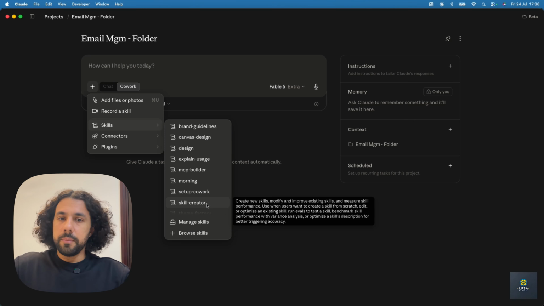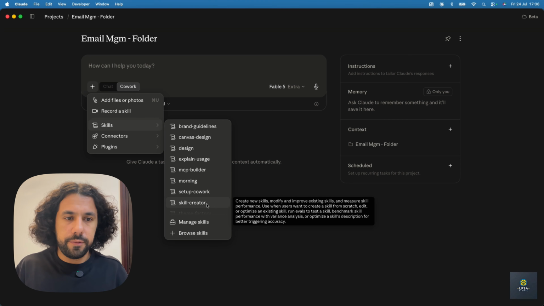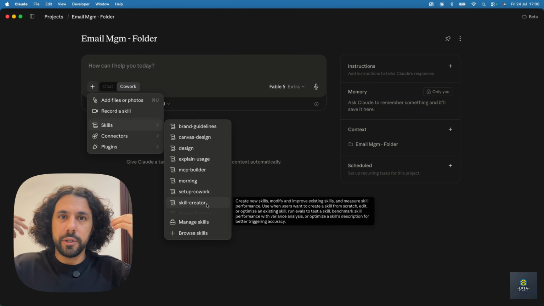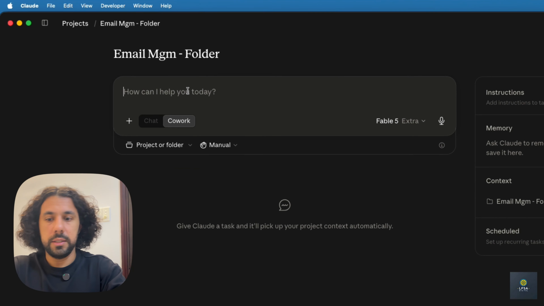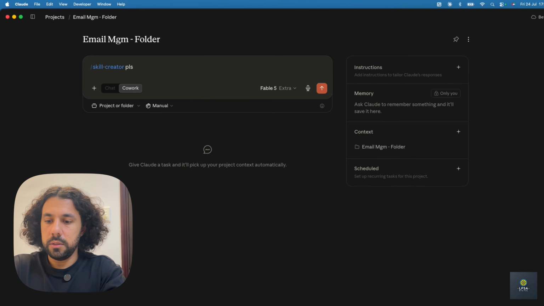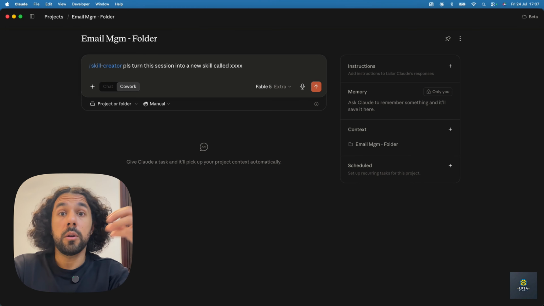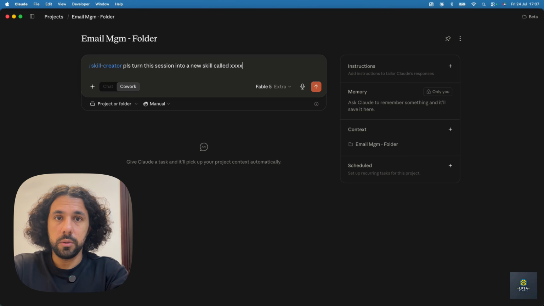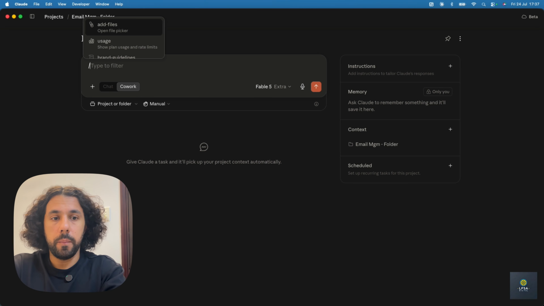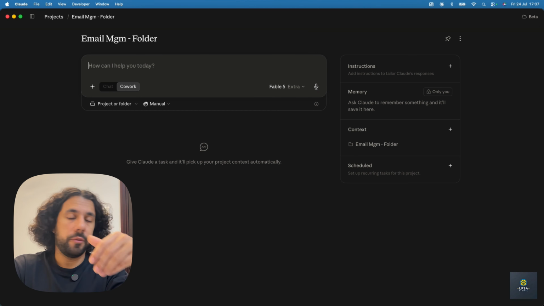So whenever you develop something, let's say you develop a new way of coming up with ideas for new posts on social media. When that happens in a co-work session, you can use this skill, skill creator. Please turn this session into a new skill called, and then Claude will use that skill creator to come up with a new skill that will have a name that you can invoke by slash name of the skill